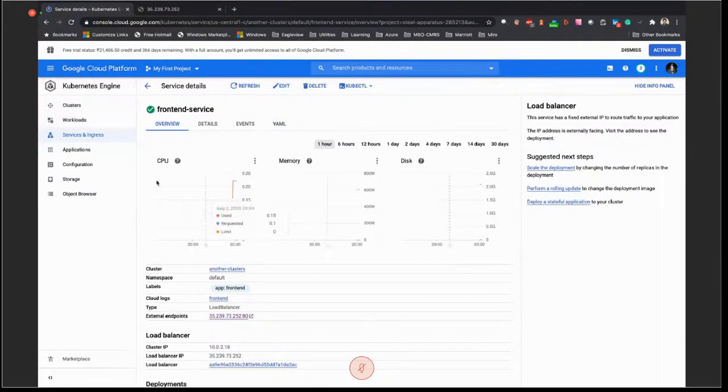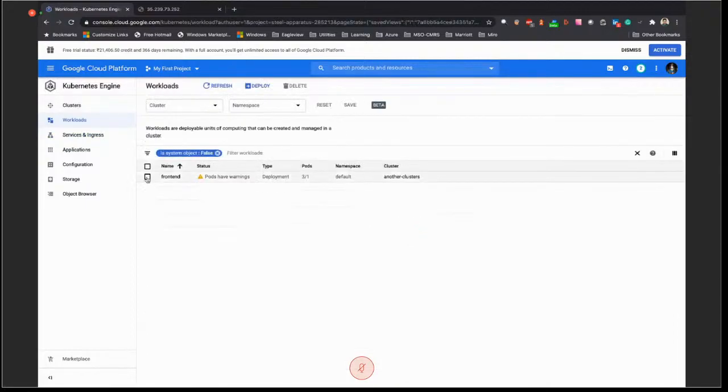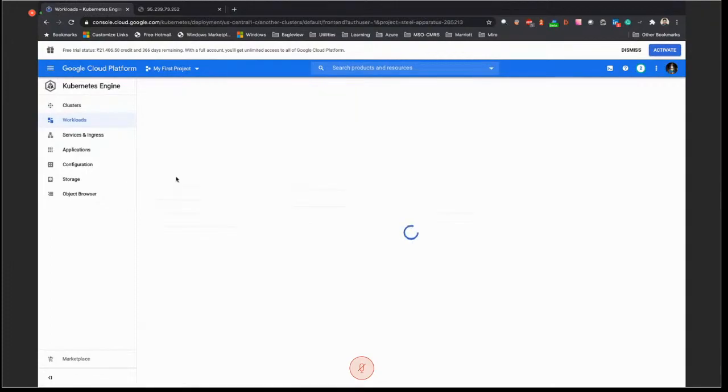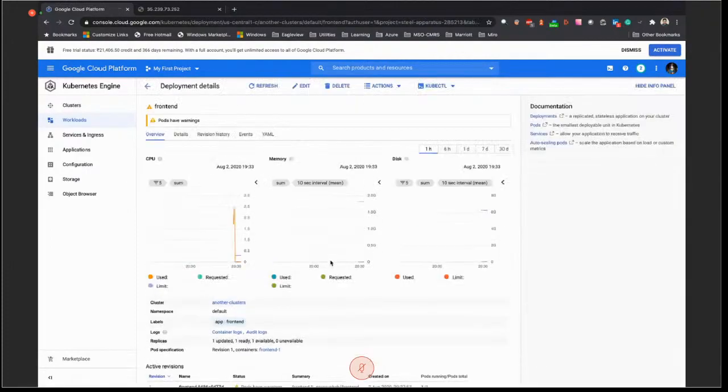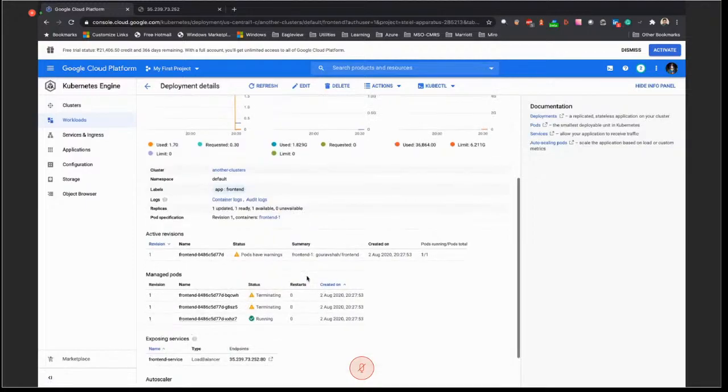So on the workloads part, when we talk about this particular workload, and this is on this particular deployment, now, on the action, we can auto scale, we can expose, we can do a rolling update, or we can scale in. So if we go back to here, see, these two are terminating because they are not in use, and this is the one which is running. So over the time, we will find that the pod running is 1, and the autoscaler is doing its job. It is just killing out the non-required pods.